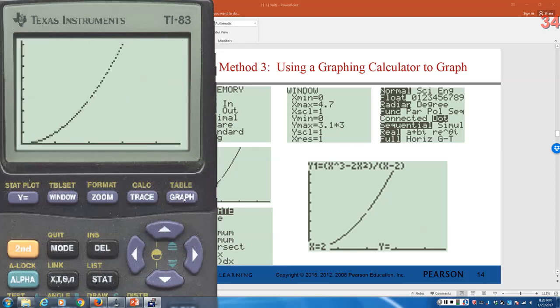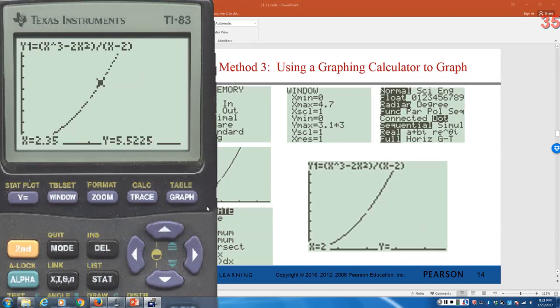And I want you to look very, very carefully at that screen and tell me what you see that you think is a little bit unusual. There's a hole. Where is that hole? It's where x is equal to 2 and y is equal to 4. Okay? But the limit,